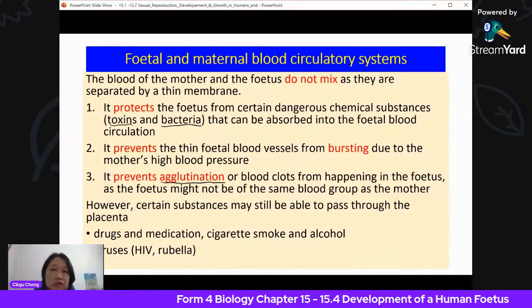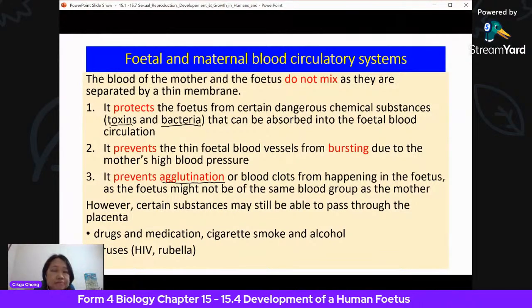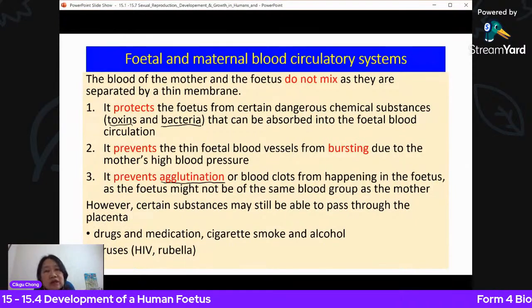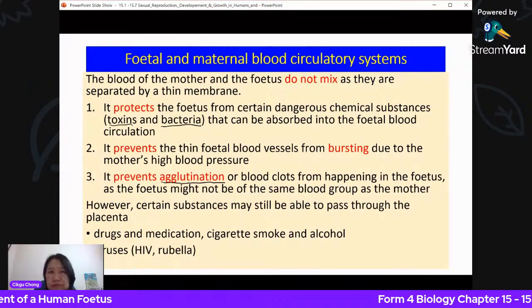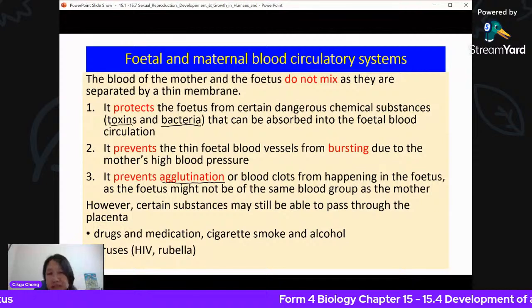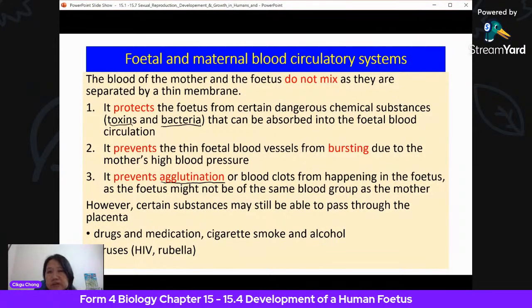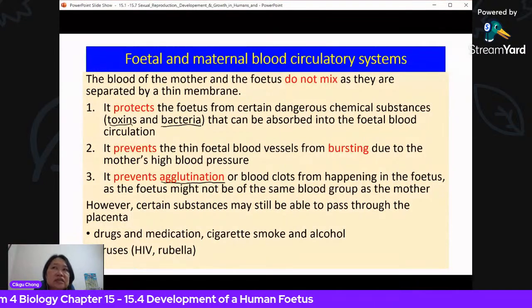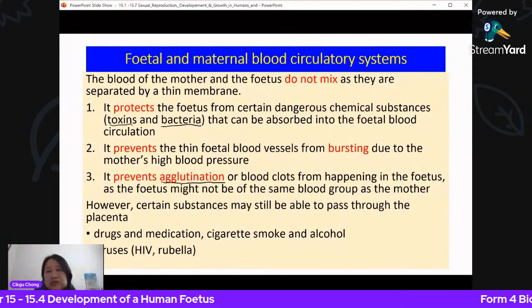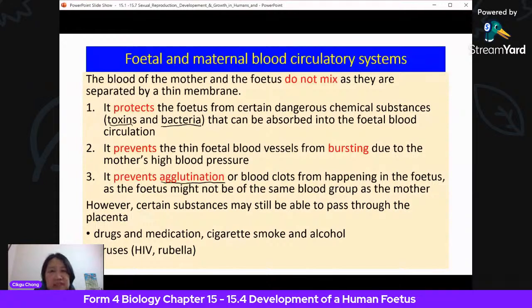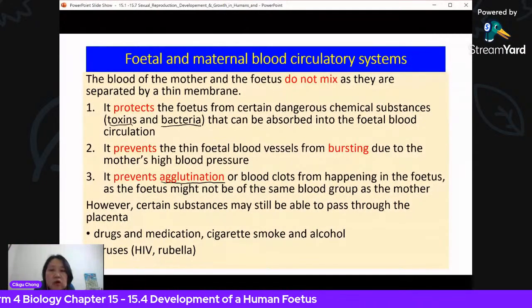Rubella is also a virus. Mother, we call it German measles. If the mother has contracted German measles in the first 3 months of pregnancy, the baby is at high risk of contracting rubella, because rubella virus has a tendency to attack new tissues or young tissues. That means the baby, and the baby can die. The baby can die in the womb. Okay, so it's always good for a woman to be vaccinated against German measles or rubella.